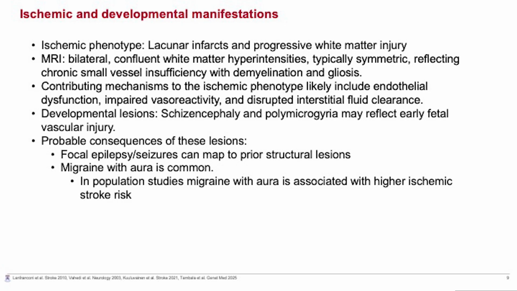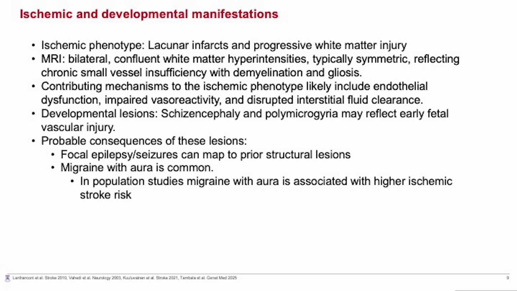And then we know that there are developmental lesions, schizencephaly and polymicrogyria, that reflect early fetal vascular injury, which a lot of my pediatric colleagues will probably talk about and know far more about than I do. Some of the consequences of these lesions may be focal epilepsy or seizures. And interestingly, migraine with aura is common in COL4A1, and I think that probably has to do with the impaired vascular reactivity or function, because we know that in the general population, in patients without COL4A1, migraine with aura